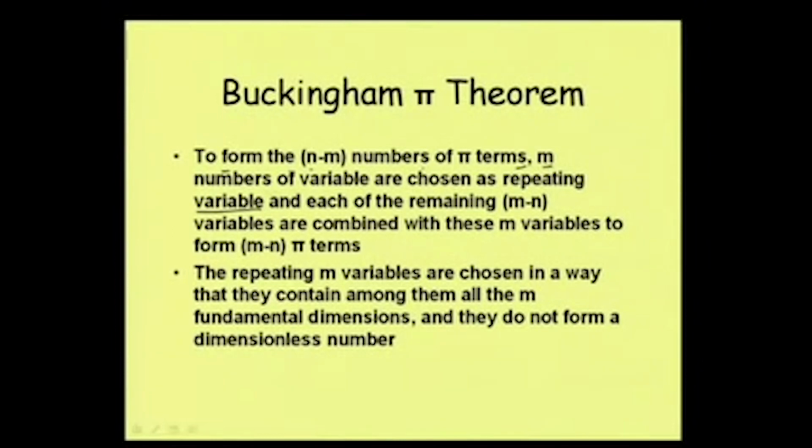Well, m number of variables are chosen as repeating variables. Some variables will be repeating in all these pi terms, and each of the remaining n minus m variables is combined with these m variables to form n minus m number of pi terms. Well, that means if we have 6 parameters or 6 dimensional variables,